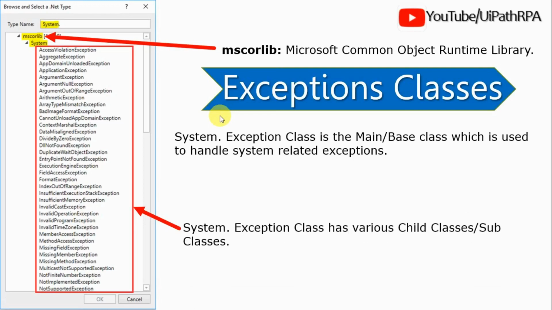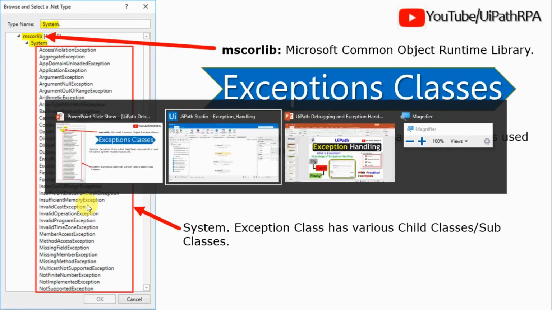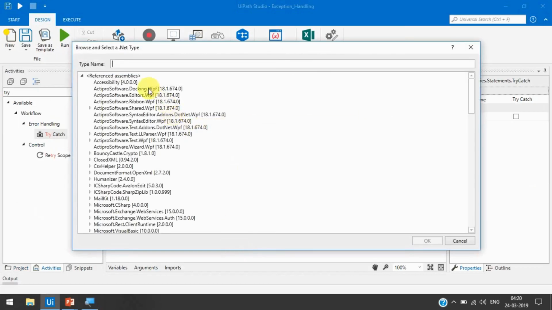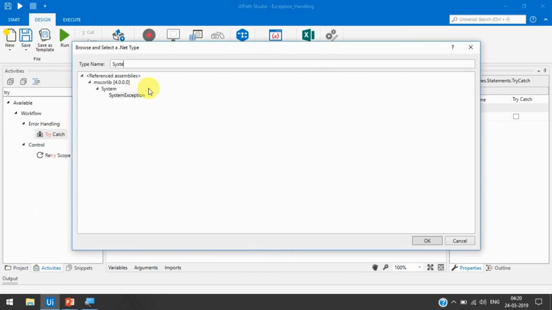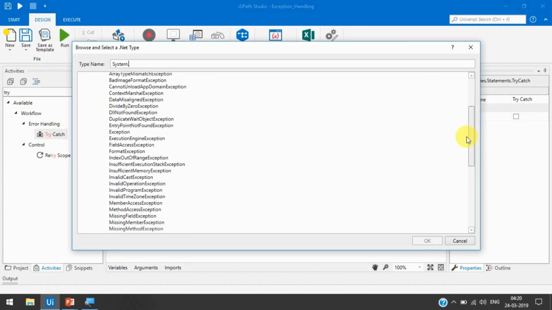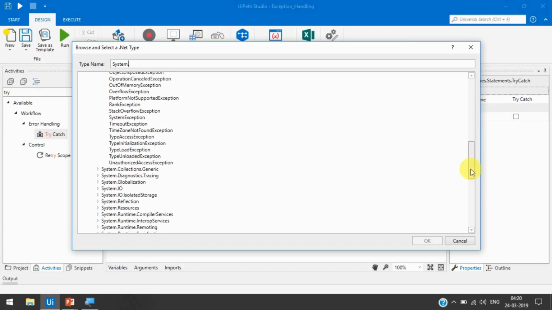System.Exception has various child classes, or you can say subclasses. If you see here on the left side, they are not only this. If you open that in UiPath catches block and click on Browse for Types, and type here System dot, then you can see